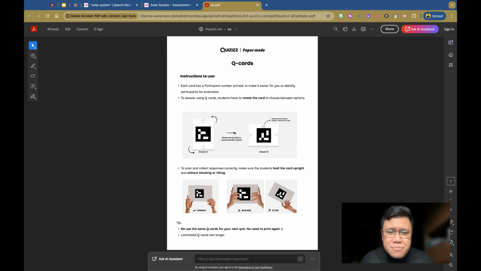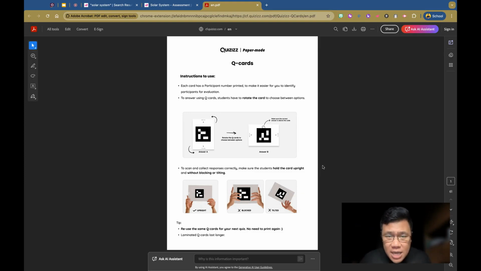So students just need to rotate the cue cards in order to give their response on a particular MCQ. The cue cards are then scanned by the teacher using the Wayground mobile app to record student responses.